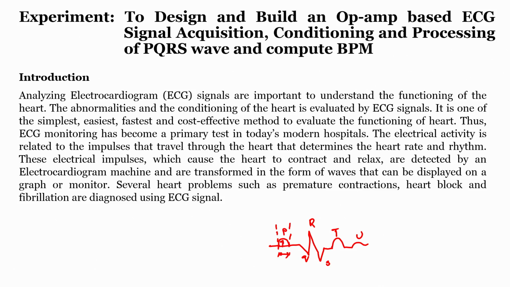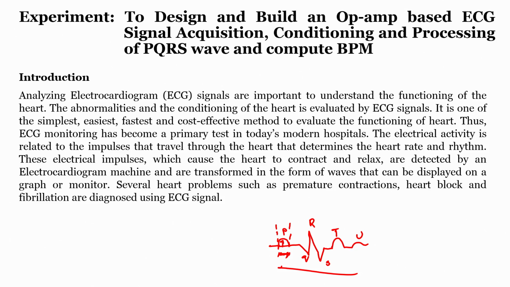How are we getting the ECG signal? As we know, because of polarization and depolarization, the impulses that we receive from the heart are generally acquired by using patch electrodes, so that we can visualize a signal something like this. In that signal, the pattern will be something like PQRS, and each wave has a properly defined timing as well as amplitude. Any deviation from the standard values, that means the amplitude of the P wave and its time duration, and the amplitude of the QRS wave as well as the time duration of the QRST peak, generally cannot be easily visualized.